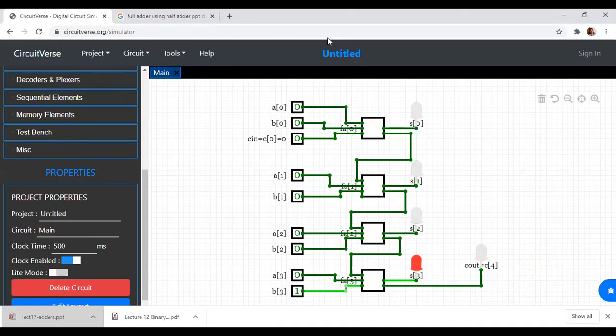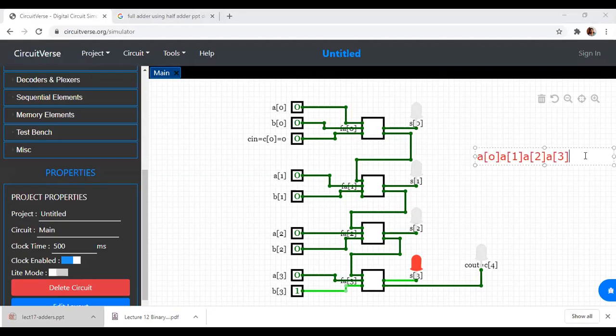So for this, if we take the binary addition, A0, A1, A2, A3, 4-bit data. So this is a 4-bit data what I'm representing. This is the first data.